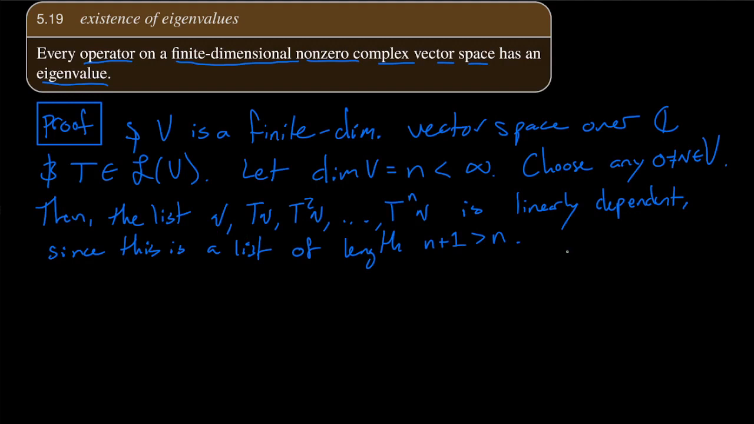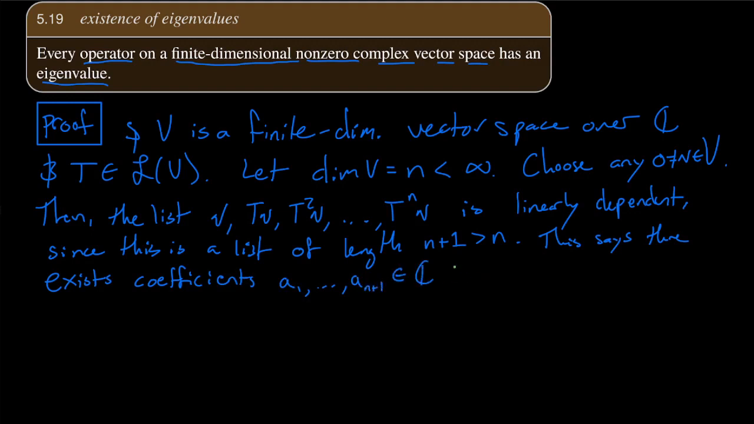It can't be, it has to be linearly dependent. It can't be independent. I almost got tongue-tied right there. So we've got a linearly dependent list. This says there exist coefficients a1 through a_{n+1} in the field, which in this case is C, such that